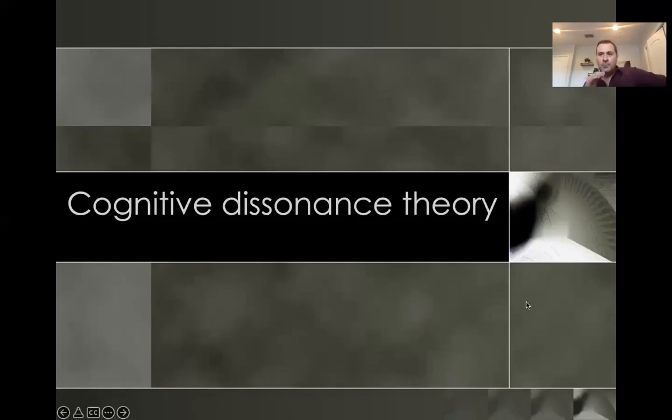So one of the assumptions of attitude research generally is that there's a unidirectional influence here, meaning that you develop an attitude towards something and that influences the behaviors that you engage in, right? So you have the attitude first, and then later you have the behaviors that are consistent with that attitude. In the 1950s into 1960s,